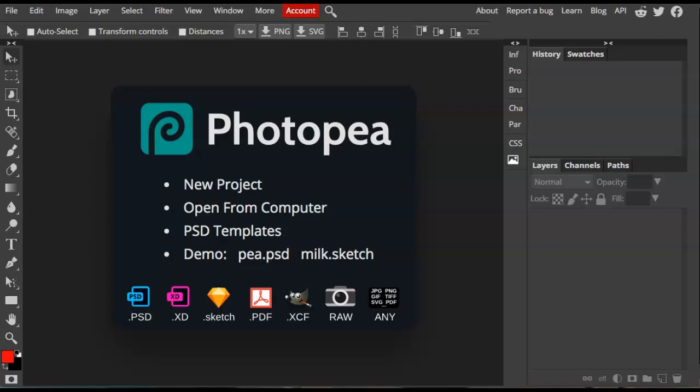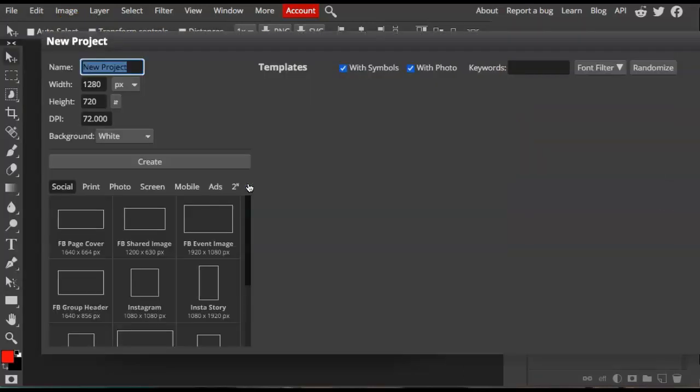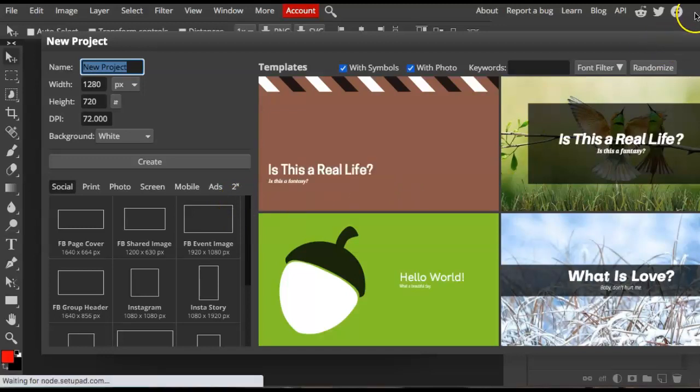There are a couple ways to open up a new file. You can either use something from this center menu, like a new project, or open one from the computer, or you can go up to File and click New, or use these little shorthand commands. We'll just start from the center and open up a new project, and then it will pull up all these lovely templates for us